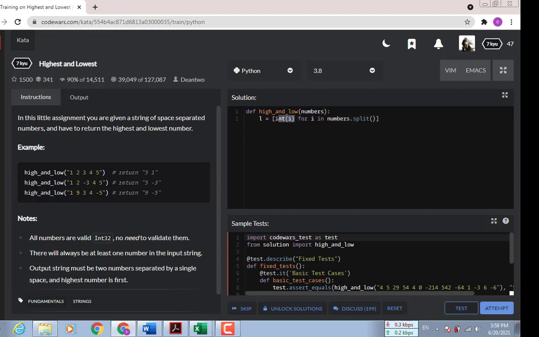So we use int(i) for i, and use i as an iterator in this list, and add all of the elements to the new list, which transforms them from a string to the integer type. So we have a list here which contains all of these numbers, and after that we have to return the maximum and minimum of the list, but